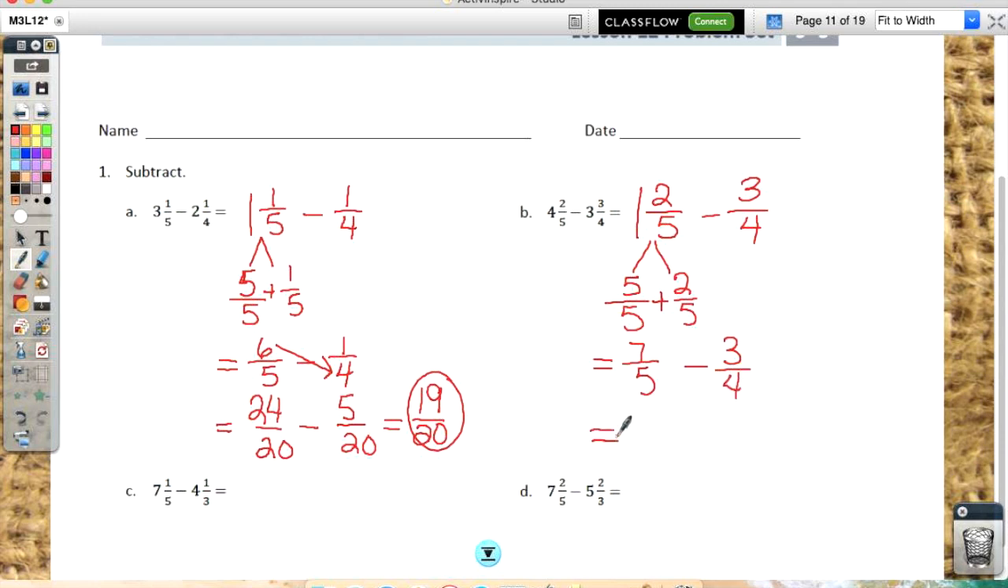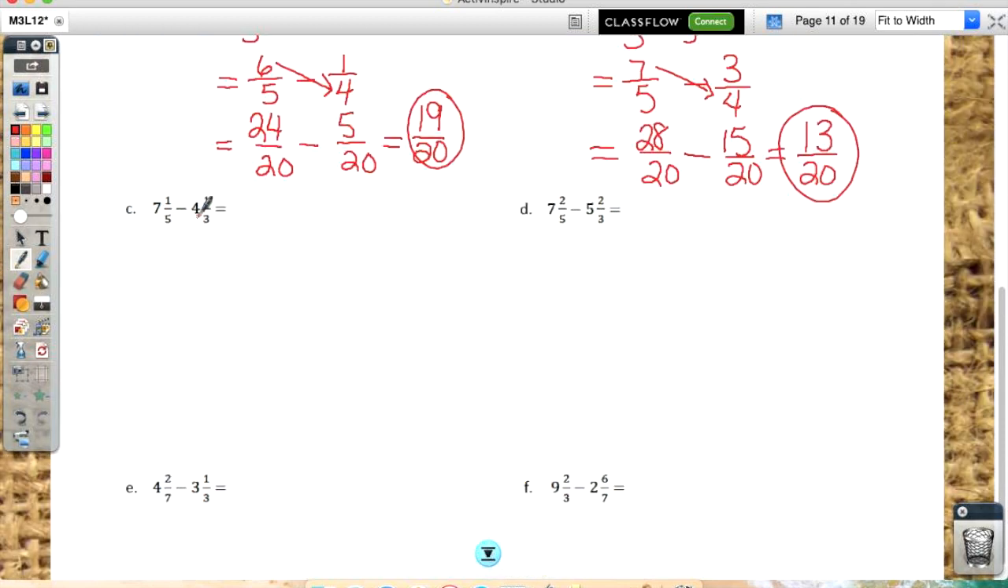Same denominator again, huh? So Angel, help me out here. 7 times 4, 28. Good. And 5 times 3, good. And 8 minus 5, 13. You guys agree? Yeah. Are you circling those answers for me? So, subtracting here, what do you get? 3 1/5